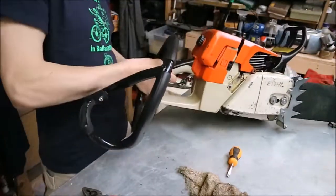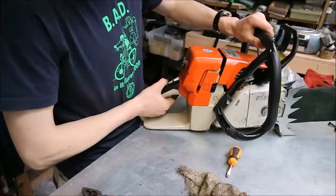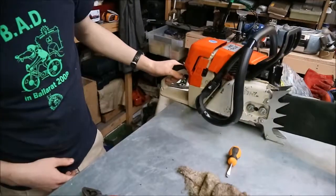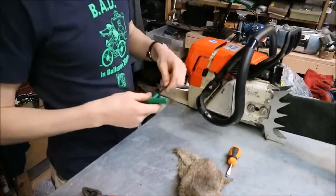I've heard the best way is basically just to pull your saw through, line it up, get your torque wrench,